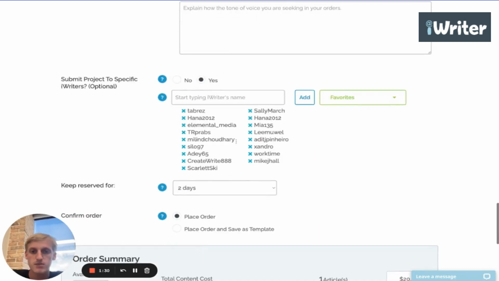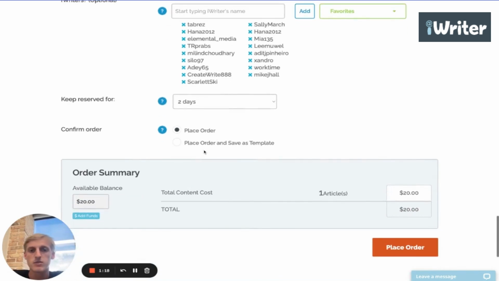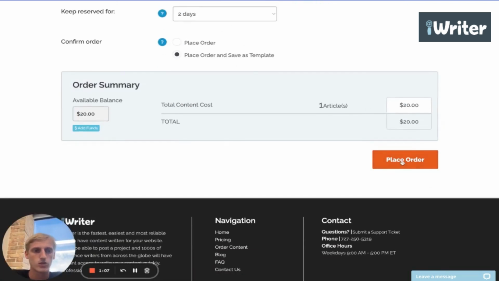Once you have a decent number of writers added, you'll want to set a reserve timer, and 2 days should be plenty. However, if you want to give the writer some more time, you can increase it to 5, 7, or 10 days. I'll just keep it at 2. You can place the order and save it as a template just in case anything happens, so you can reload the article instructions right away without having to retype it. So we'll do that, and then once you're ready to place the order,